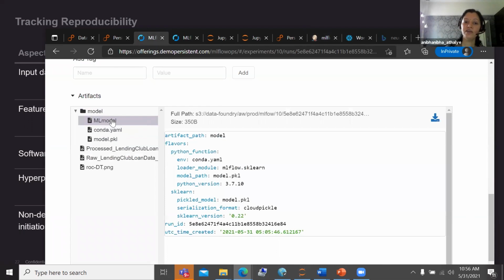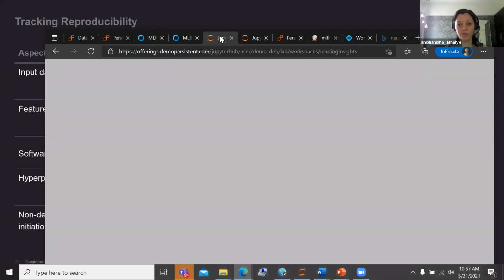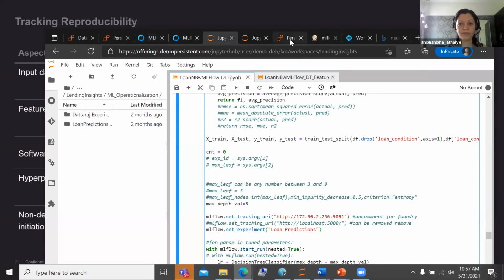It is reading your MLflow config file to understand where it needs to pick up the source data from and where it needs to pick up the environment from, and then it will deploy that specific model for you, which means that you are able to reproduce an end-to-end iteration of the work. Let's see.